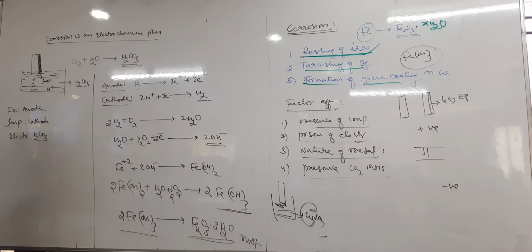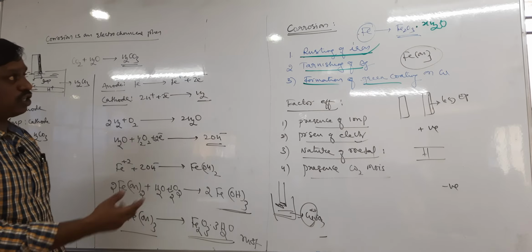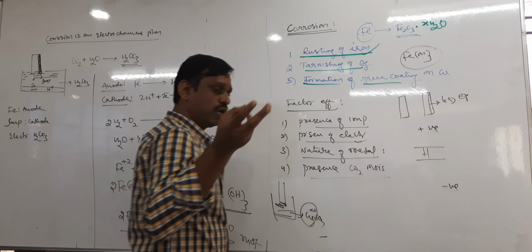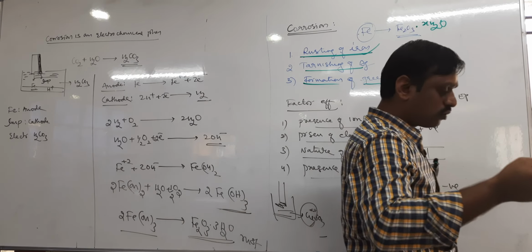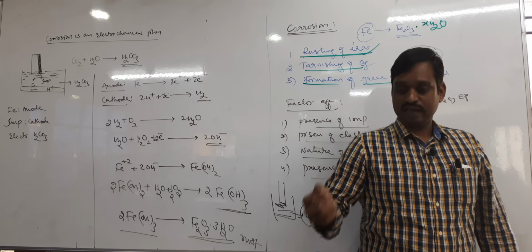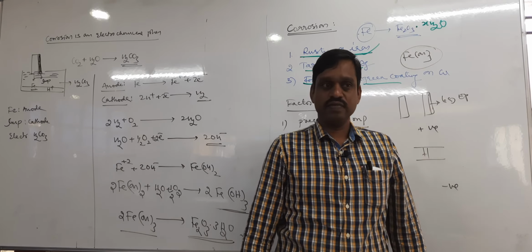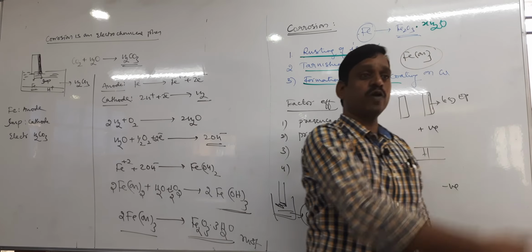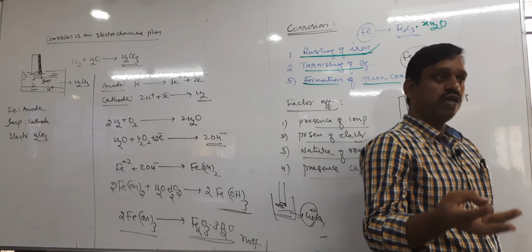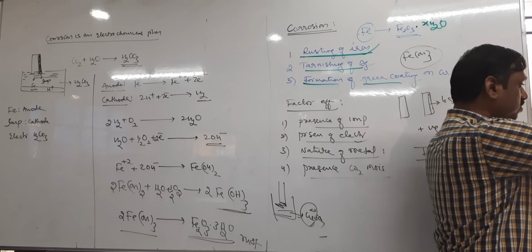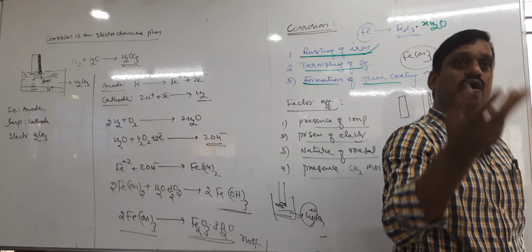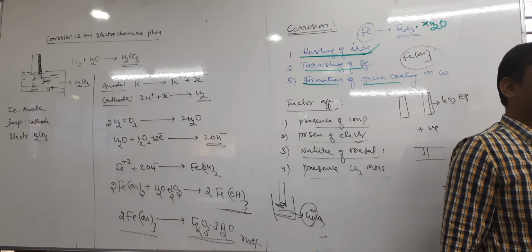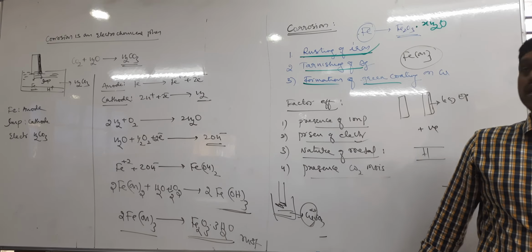Okay, next is prevention of rust or prevention of corrosion. How can corrosion be prevented? So there are general methods. One, corrosion can be prevented by painting, that is called barrier protection. The surface of the metal has to be protected, that is called barrier protection. In barrier protection, the surface of the metal is coated with either oil or grease or paints or varnishes, etc., so that the surface of the metal can be protected. So then corrosion can be avoided.